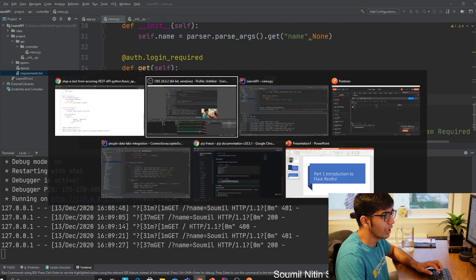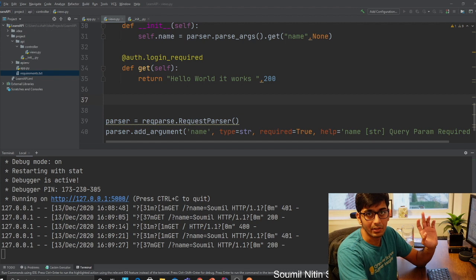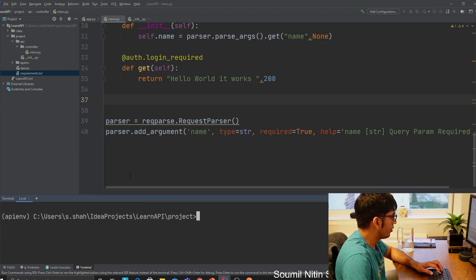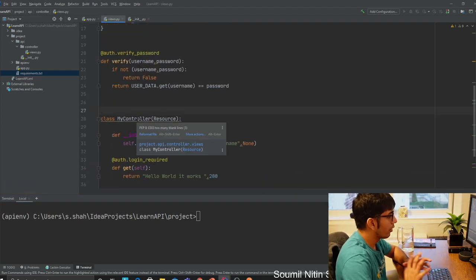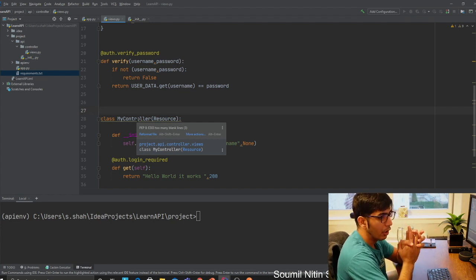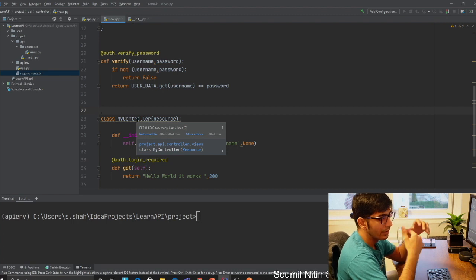Now guys, I want to teach you a very interesting part, that is JWT authentication in Flask. We added HTTP authentication, amazing. Let's add one more layer of security, that is JWT authentication. So this API is pretty amazing. What we want to do is basically the user should first log in and obtain a token. Once they obtain a token, then only can they use that token to access the API.